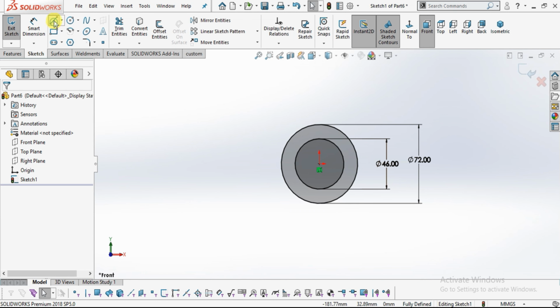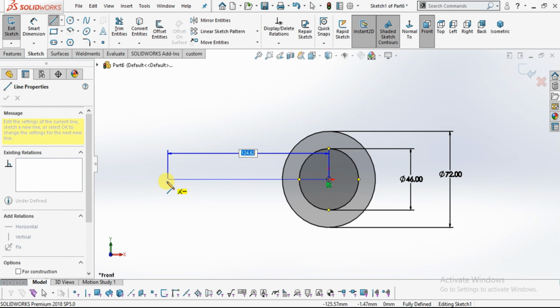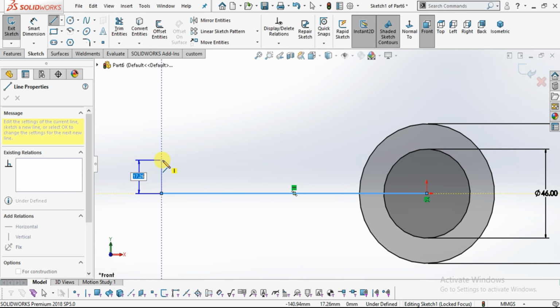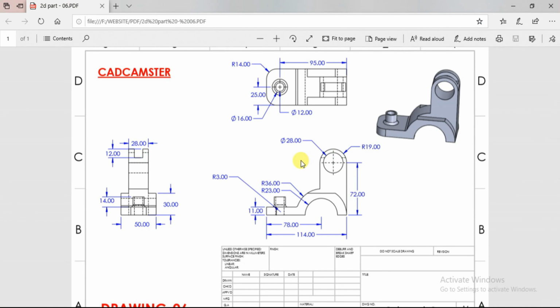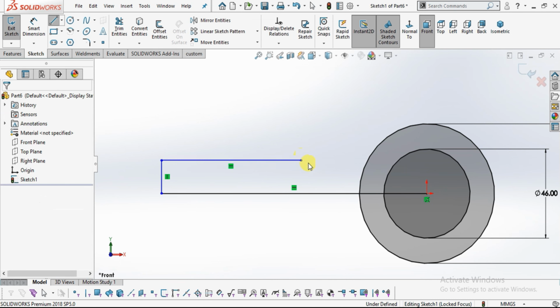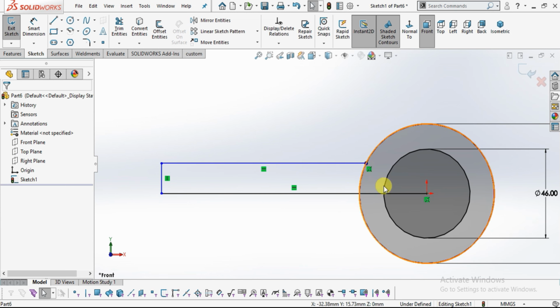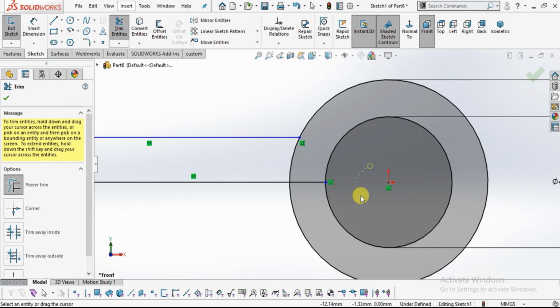Now select here line command, create a horizontal line and then create a vertical line up to here. Drag this and up to this circle. Go to trim entities, trim this portion,